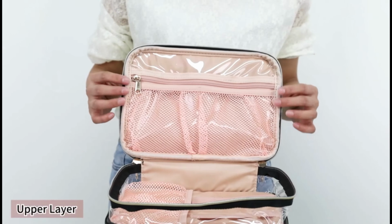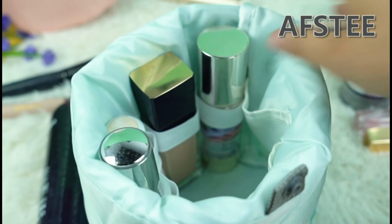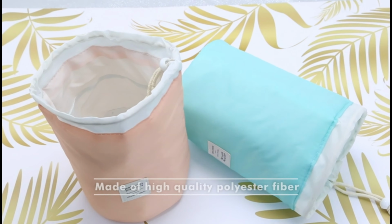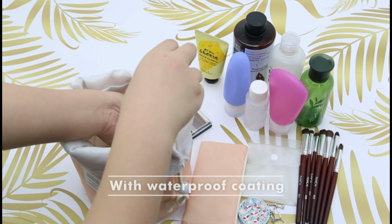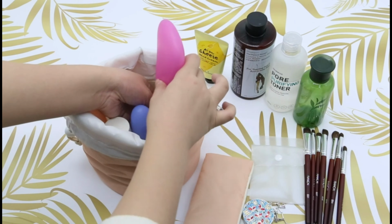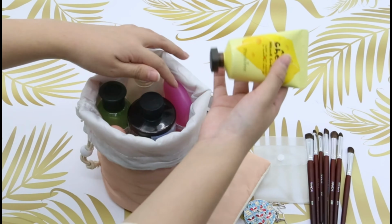Next up is this awesome AFSTEE drawstring makeup bag that comes with 2 bags in one. Each bag has a small makeup bag and a PVC clear bag inside, giving you 6 pieces in total. You can use these bags for various purposes, such as cosmetic bag, skincare bag, toiletry bag, travel storage bag, and more. They are great for both home and travel use, and they can also store your jewelry, contact lenses, and